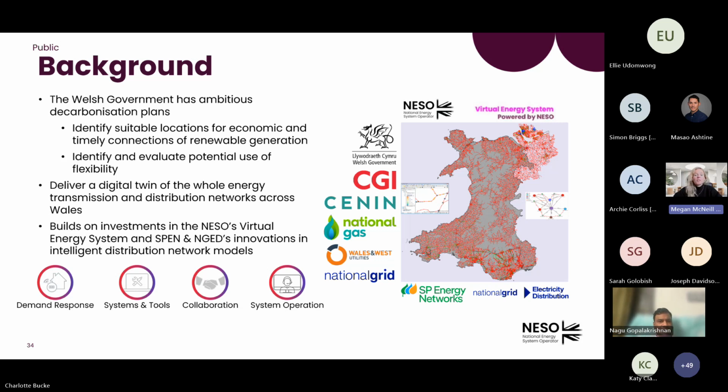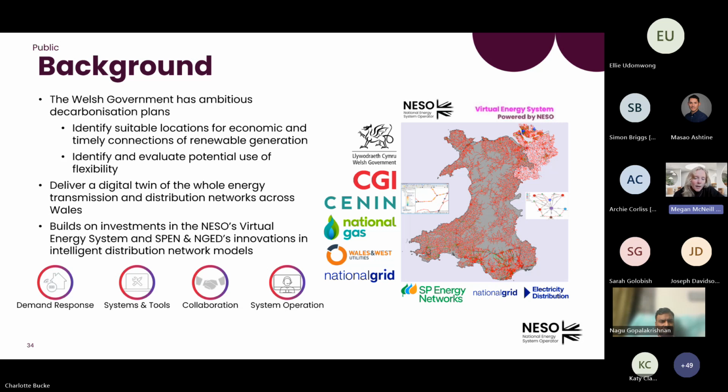So PWR, which is another acronym that I'll introduce, is what we call Powering Wales Renewably. It's a 4-year project which was kicked off in January this year. We're now in our beta phase, so we've already completed the discovery and alpha phase. As the name suggests, our primary focus is the whole of the Welsh energy system. The Welsh Government have really ambitious decarbonisation plans, and in the discovery and alpha phases, we worked with stakeholders across the industry to identify what the key blockers are for the Welsh energy transition. I'll talk through these in more detail when I talk through the use cases.